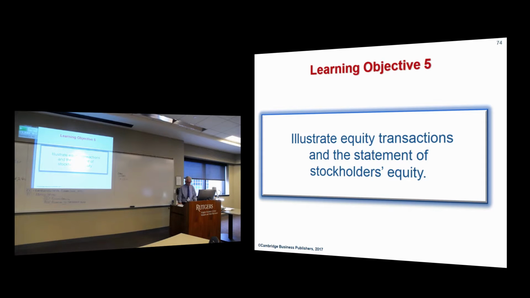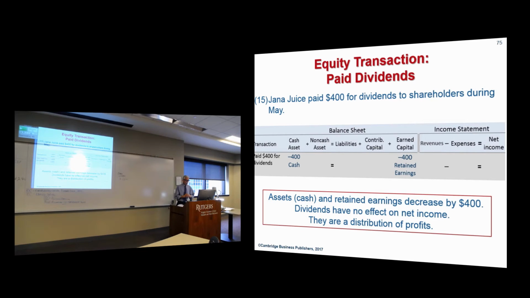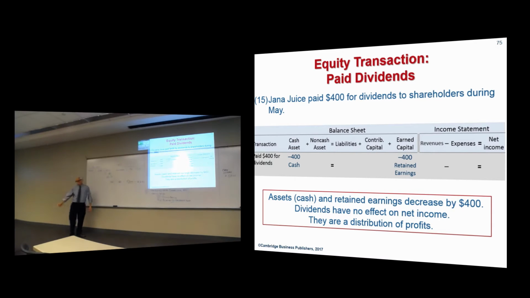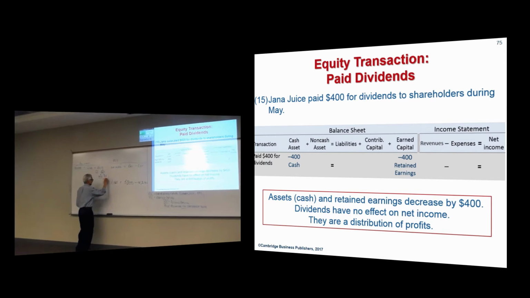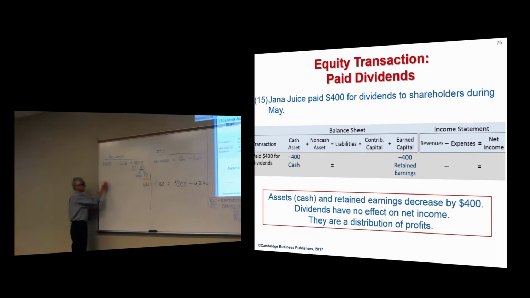We're going to take a look at another transaction, really, which we've already looked at before, issuing common stock. And what about dividends? Well, dividends are distributed from retained earnings. I had that question earlier this morning, and basically it's going to come out of retained earnings. So in this case, you've got dividends, and that's coming out of retained earnings, and if it's paid, it comes out of cash.